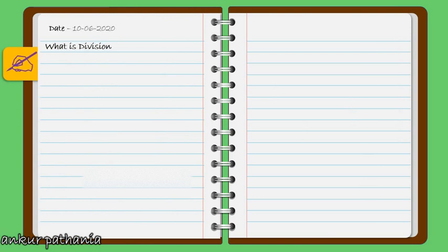The first thing is, what is division? Suppose we are dividing the number 15 by 3, we get 5. What does it mean? It means that we are finding out how many 3's make 15, and the result is 5. So this result can be written as 5 multiplied by 3 gives 15, that is 5 times 3 gives 15. So we can see here that multiplication is the inverse of division, or we can say division is the inverse of multiplication.